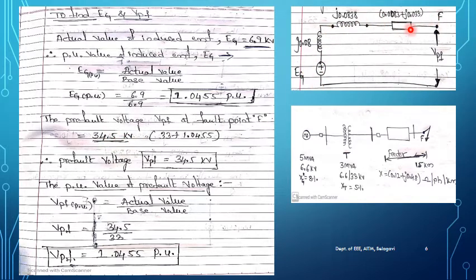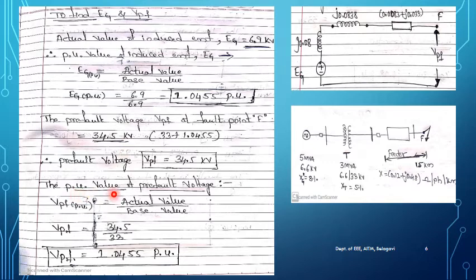Series. For that reason, we are going to add this voltage and the voltage of this entire transmission line or this transformer. So if you add up the voltage, you are going to get the pre-fault voltage at this particular instant. Is it clear? But whatever the pre-fault voltage we obtained, it is in terms of actual value. We want in terms of per unit value.